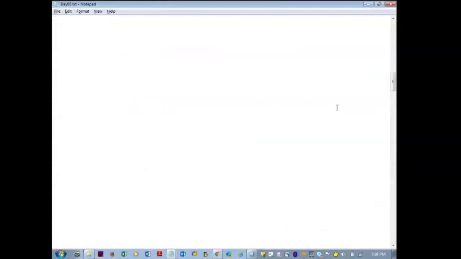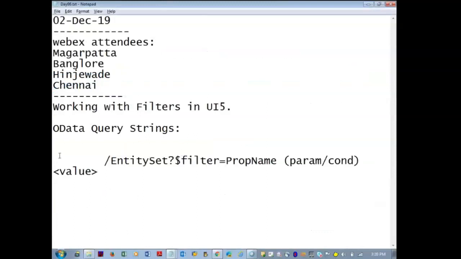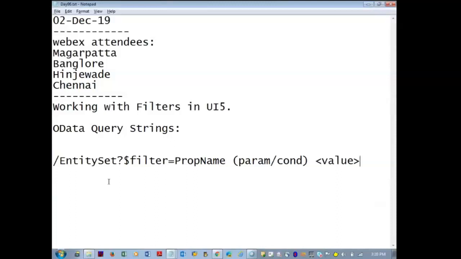Let me copy this. Okay, so equal UI5 code.